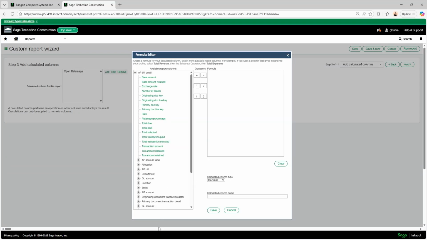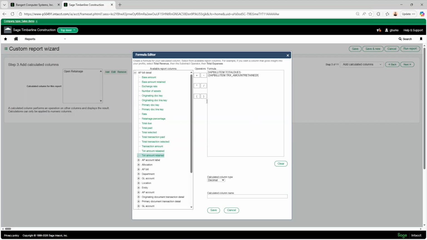Now, also earlier, I selected total due, but that total due leaves in the retainage amount if that amount hasn't been released. So I'm going to want a column that shows the total due minus the retainage that's still held on to. So here I'll do total due, and then I'll do minus, and then in parentheses, I can put that equation we made earlier.